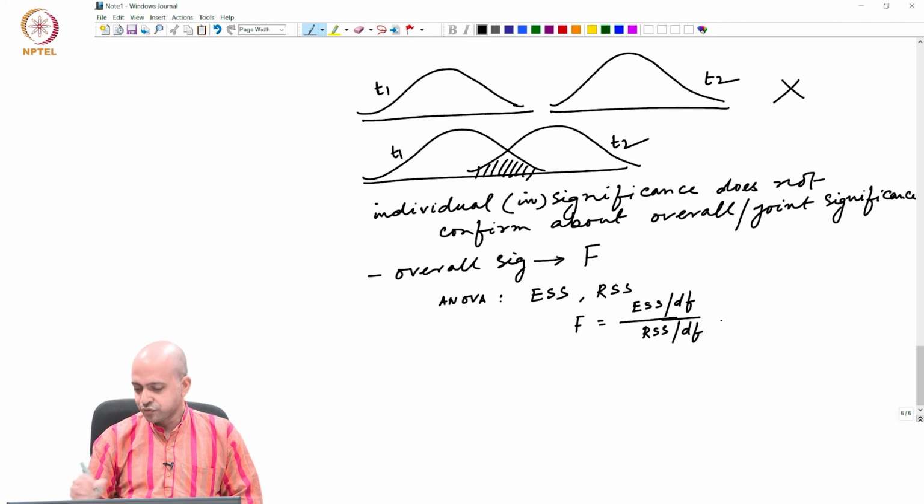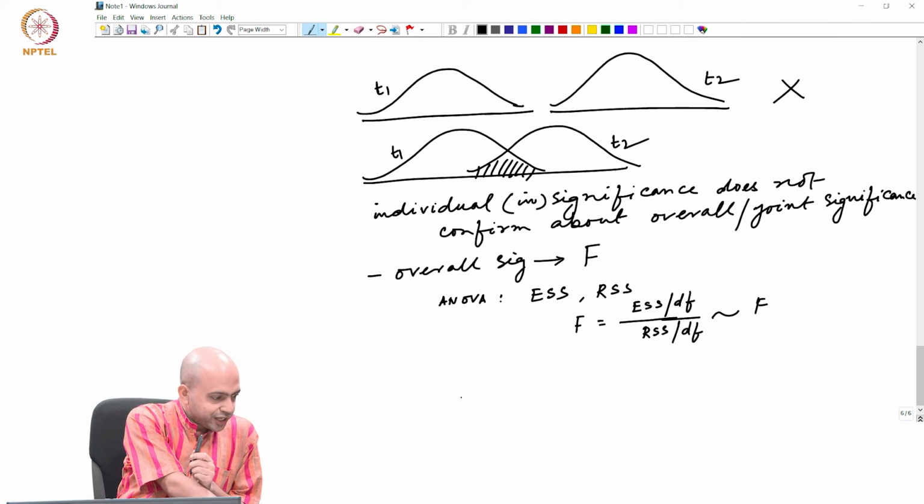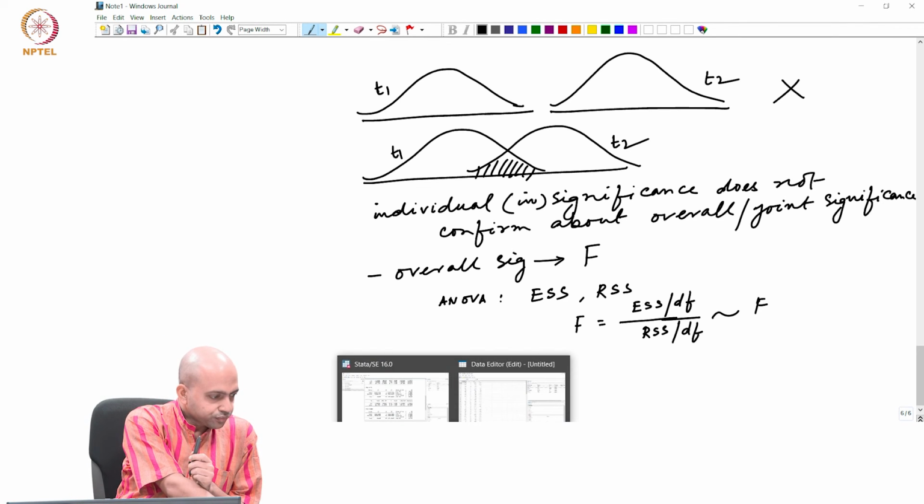Okay, degrees of freedom, and that will follow an F distribution with degrees of freedom for the numerator and denominator, whatever is specified. So, now if we go back to our example,